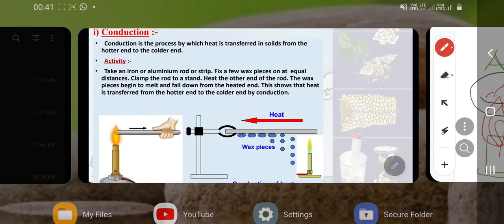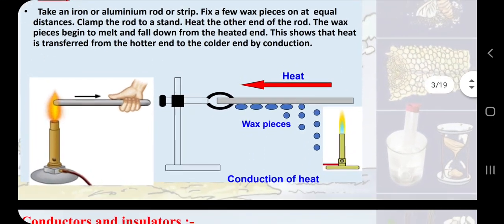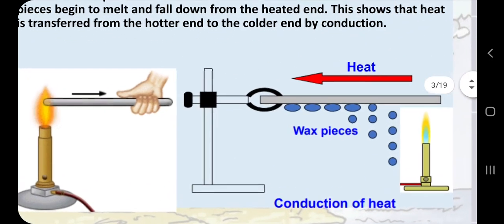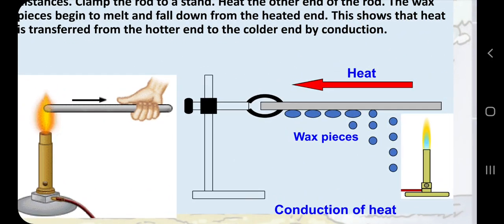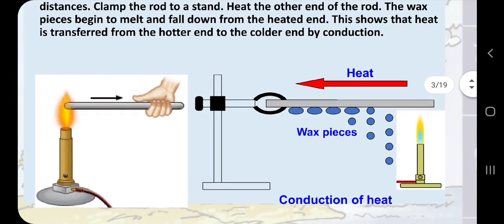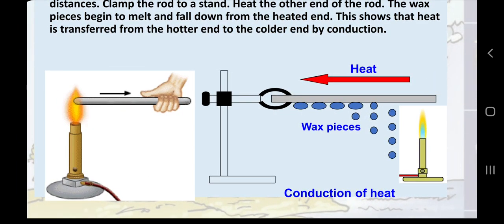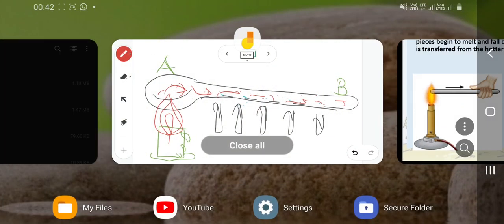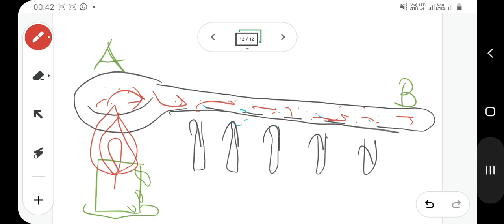Now coming back to the activity, in this presentation it is like this, but when you see this type of diagrams, you may think, okay, this can only happen in the laboratory, and nowadays we are working from home, we are studying from home, and we are teaching from home, so you are not able to connect with these diagrams. That is why I explained that idea very simply. The same thing is happening here. This metal rod is becoming hot because of this candle or burner, and here these are wax pieces, and in that activity we used wax pieces plus matchsticks to clearly observe the activity.